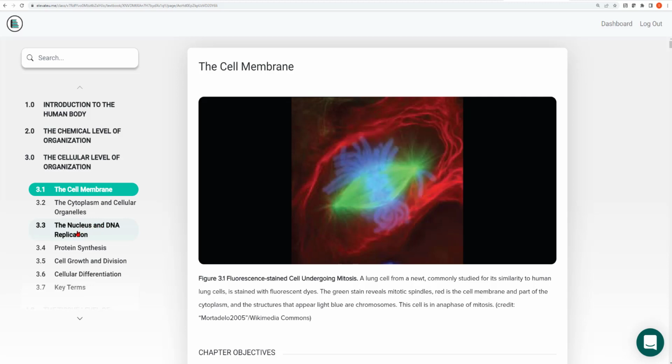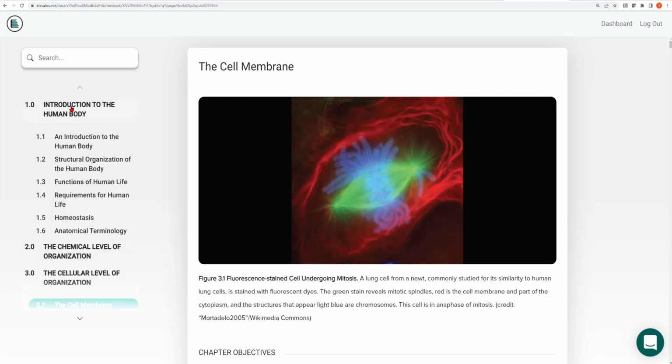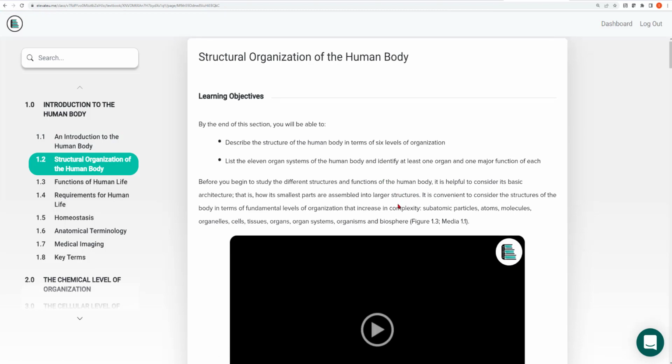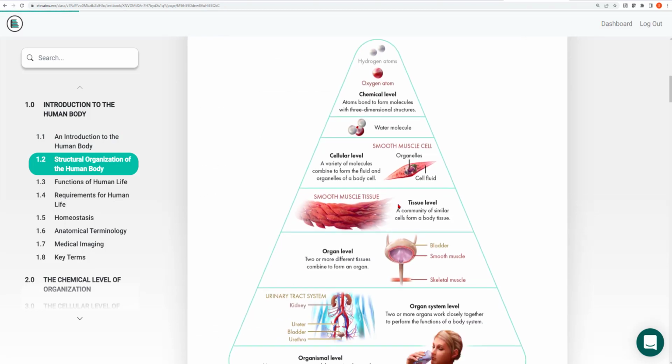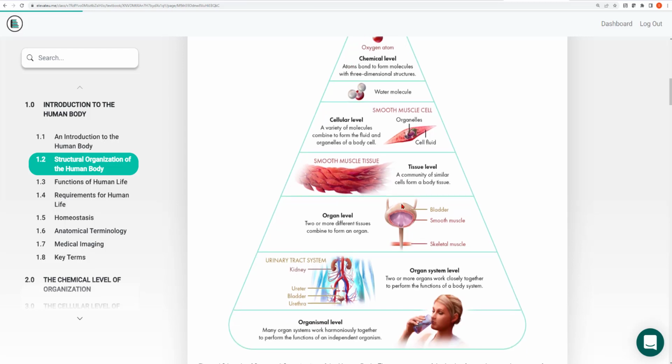Remember that the cell is the smallest, most fundamental living thing in your body. Your body is composed of trillions of cells. And if we go back and just briefly remind ourselves, back in Chapter 1, we saw the structural relationship of the body. And this is a really important organizational figure for you to really understand. That is, let's go through this backwards.